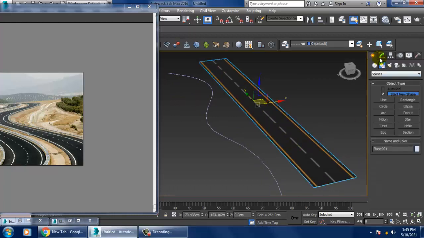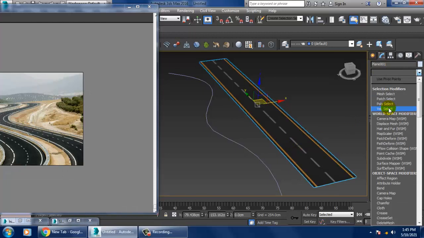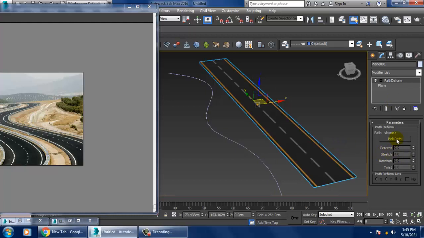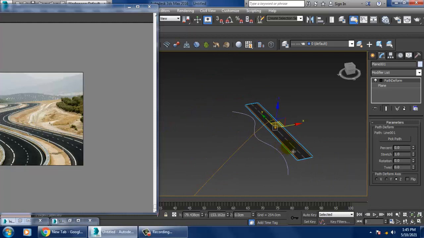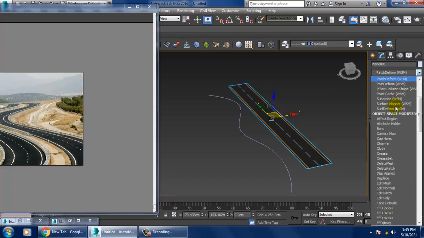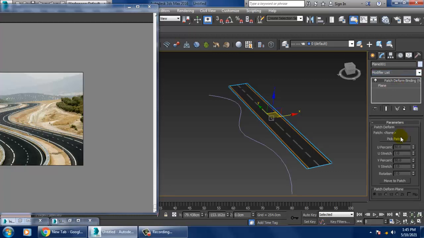I'll go to the modifier list, and we have a modifier called path deform. Let's take a path deform modifier, pick path. Before we go with this path deform, we'll go with the WSM modifier, pick path.